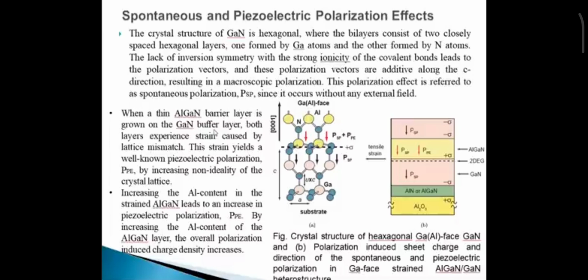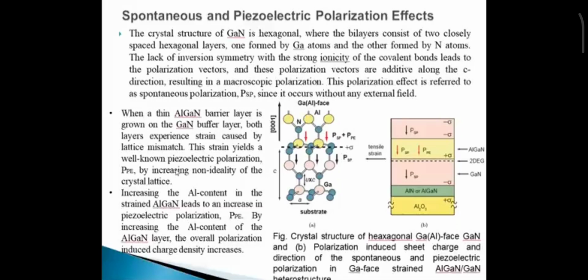The lack of inversion symmetry with the strong ionicity of the covalent bond leads to a polarization vector, and these polarization vectors add along the covalent C direction, resulting in a macroscopic polarization. This polarization effect is referred to as spontaneous polarization, and it is represented by PSP since it occurs without